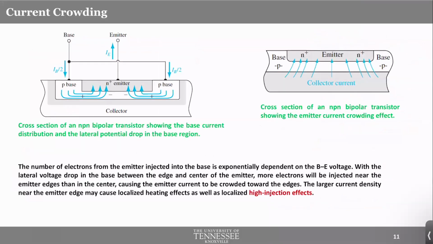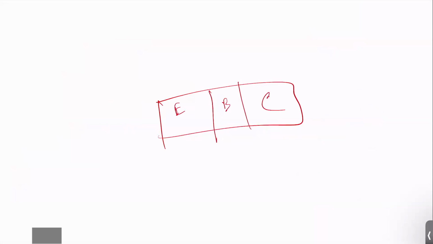All right, so let's move to the next secondary effect. It's called the current crowding effect. And let's look at the practical view of a BJT. Despite us drawing the BJT structure this way, emitter, base, collector, all the time, we have been drawing this because it looks simpler. BJTs are not really made like that. It's not easy for you to have materials connected to each other side by side. So that's not how we fabricate things. We fabricate things